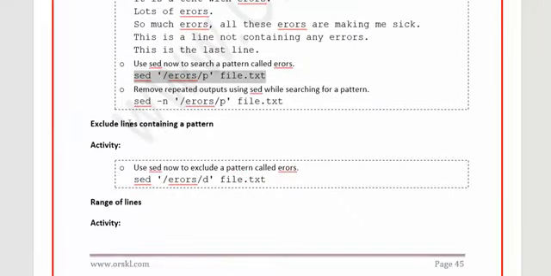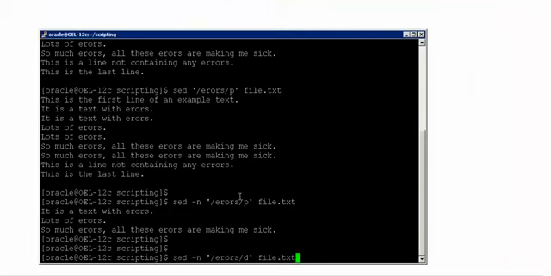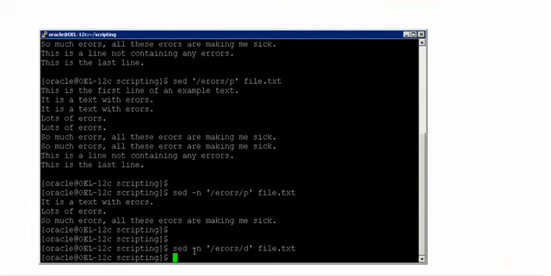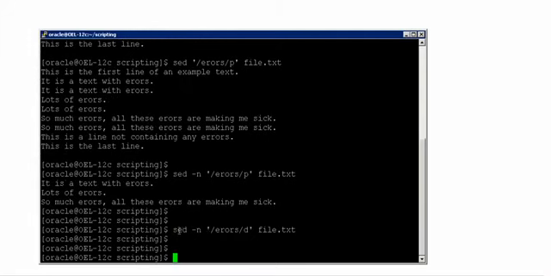So how do we exclude the lines containing a pattern? As we saw earlier in grep, if you want to exclude a search, we gave -v. Grep -v will search everything without that expression, isn't it? The same thing here. How do you exclude a pattern? So just say this. It would give nothing because I used -n. Because it's an inverse one, I should not use -n. Instead, just say this one.